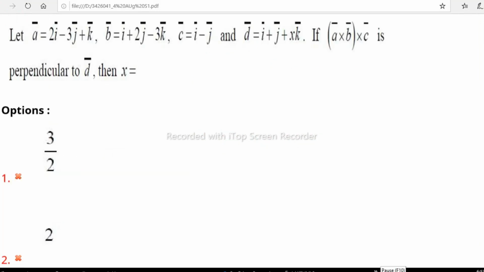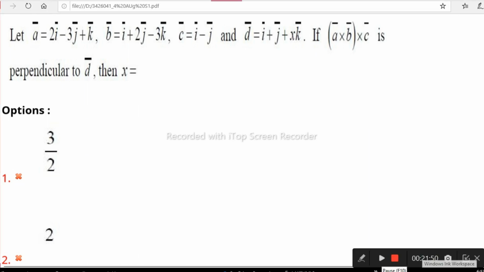Look at this question. What is given here? Three vectors A, B, C are given, four vectors A, B, C, D are given, and also it is given that A cross B cross C is perpendicular to D, and X is being asked. You know two vectors are perpendicular means the dot product is 0, right? Here, which are given as perpendicular? A cross B cross C is perpendicular to D. By using the dot product with D being 0, how can you get the X value easily? I will explain. Here we don't need to compute A cross B cross C; let's see how to do it more easily.